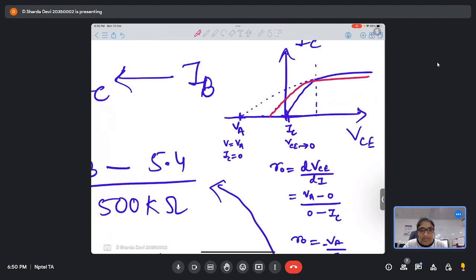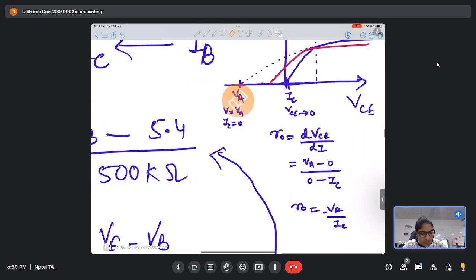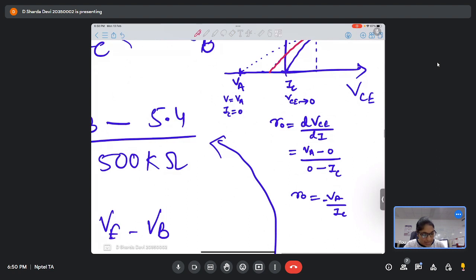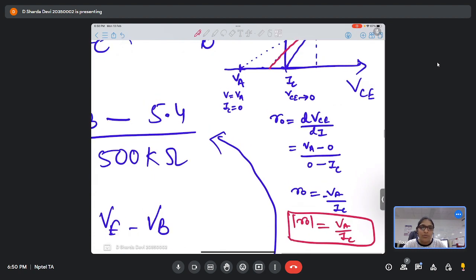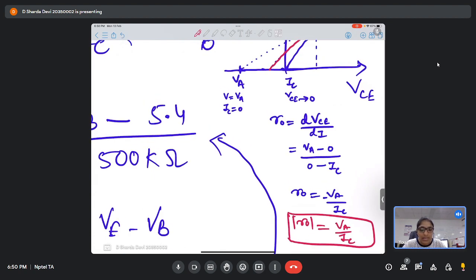Okay? So that's why I was saying that we are considering a small voltage where there is non-zero current, but the voltage tends to 0. Okay? So at that point we can simply write it as VA by IC, and if I take mod of R naught, then it will simply be VA by IC, right? So actually I wanted to show how we come to this conclusion, how we can write R naught as VA by IC safely,